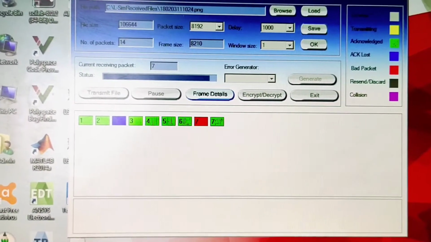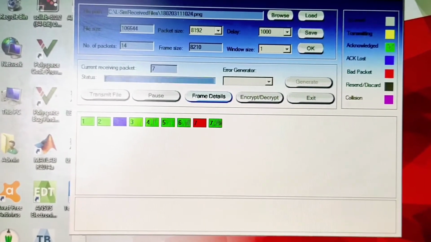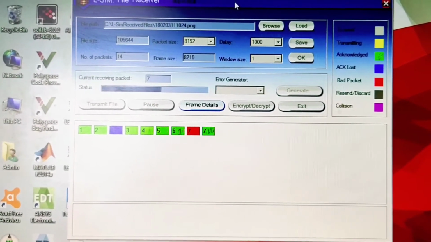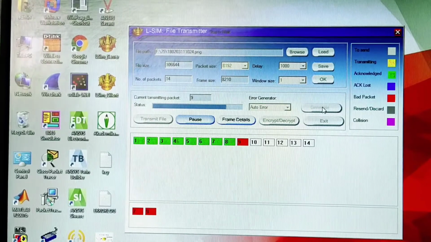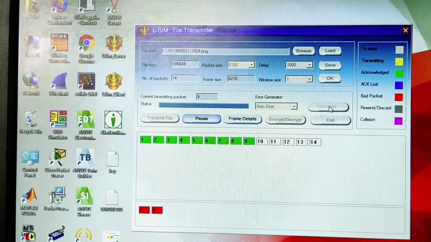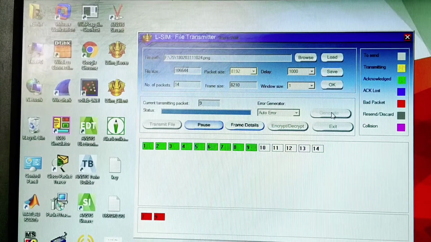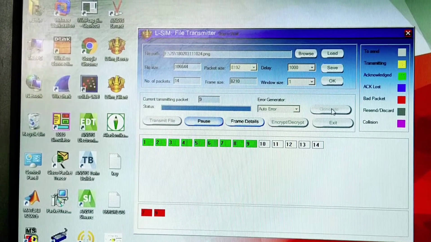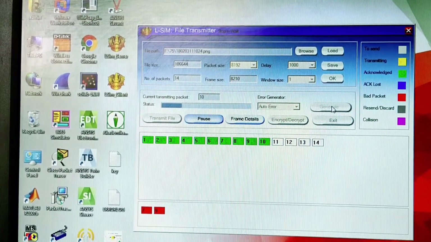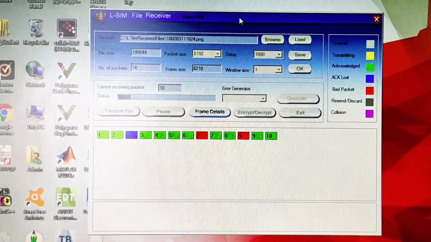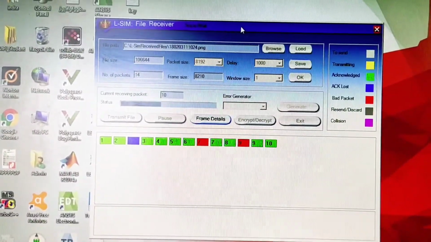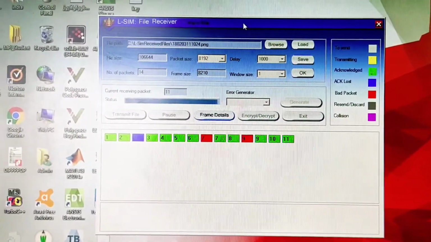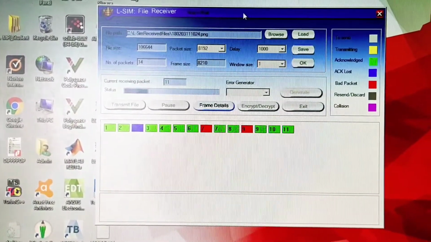As you can see, the packet number 7 was corrupted due to bad packet error. Again it is retransmitted and now highlighted with green instead of the previous one, red. Here we are generating again a loss error. So as you can see, packet number 9 was red colored, lost, and then retransmitted again. And in the below section, you can see 7 and 9 with red colors, that is indicating the retransmissions. On the receiver window also, we can see the red colored 7 and green colored 7, as well as 9 with two colors, red and green, that is indicating the packet lost, and then retransmitted.